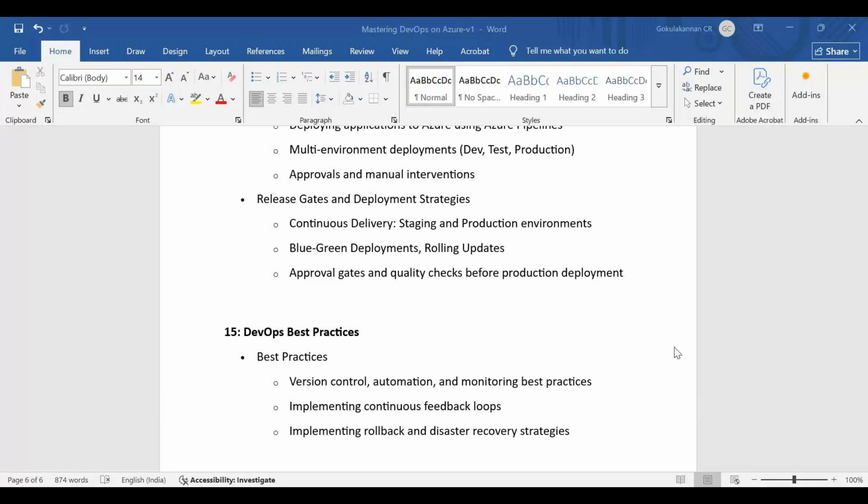Apart from that, our entire course would be done by sharing the portals, that is the Azure portal and Azure DevOps portal. So these two portals we will be widely using. And when I cover the Jenkins topics, when I cover Ansible and all, I'll be logging in to the relevant sites, the GitHub sites and all. I'll be guiding you also on how you can get your account created. So throughout the course, we will be working in the real-time tools. It's not a PPT presentation, it's not just a Word document sharing. We will be seeing the real-time tools and working on them. That will happen in the first 45 minutes.